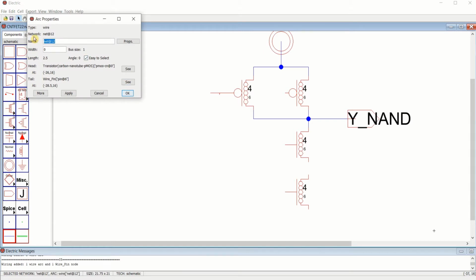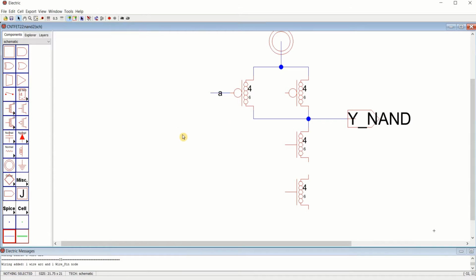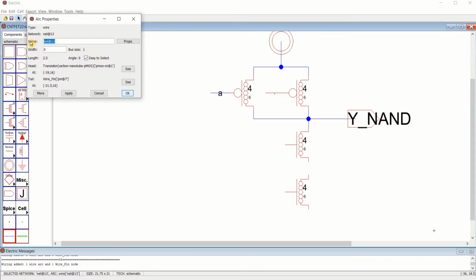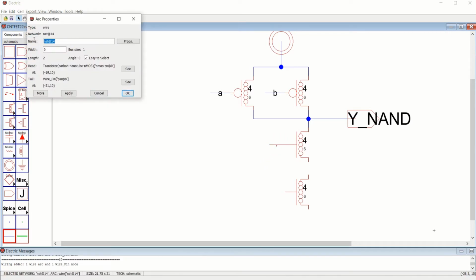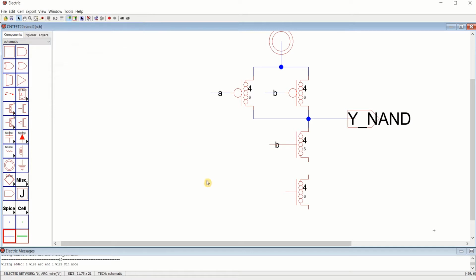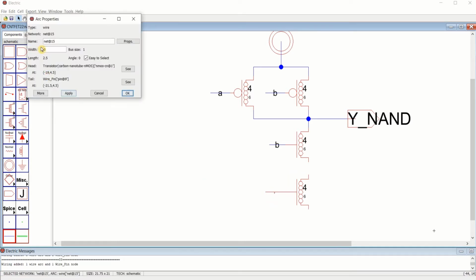Double click on this net and name this to A. Similarly, this one B. Just double click on it. This one with B and the final transistor with A.